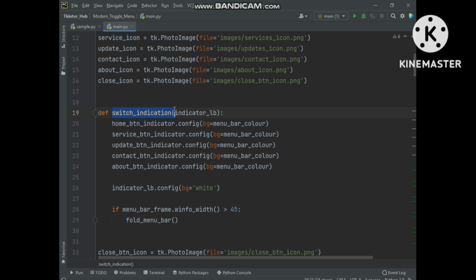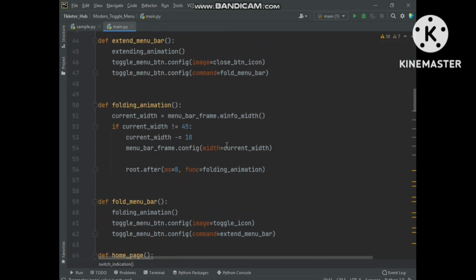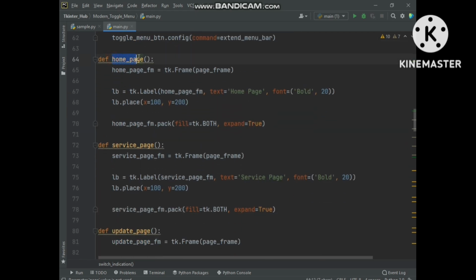Here is the switch indication function. To create the switch pages functionality inside the switch indication function, we will take a new argument called page. In the page argument, we will take a page function as argument, which page we want to display. Basically, in the page argument, we will pass the page function, which page we want to display in the page